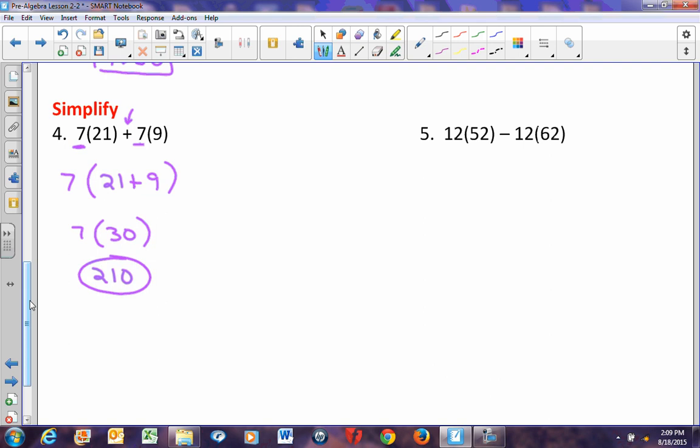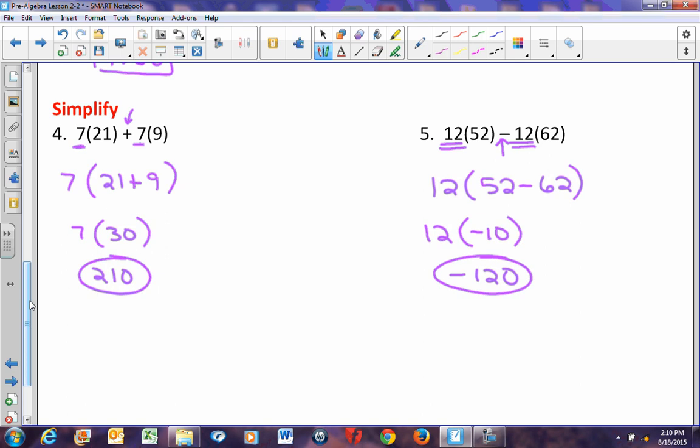If I look at this next problem, 12 times 52 minus 12 times 62. Since they're both multiplied by 12, that can go on the outside, and I can do 52 minus 62. 52 minus 62 is negative 10. 12 times negative 10 is negative 120. Simply done. And yes, I would like you to show me those steps so that I know what your brain